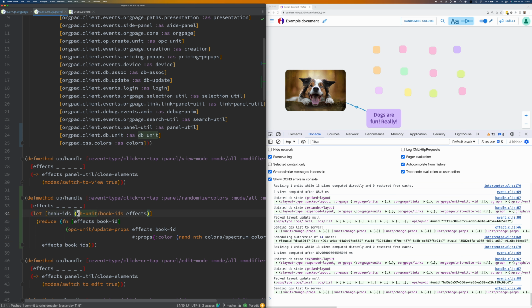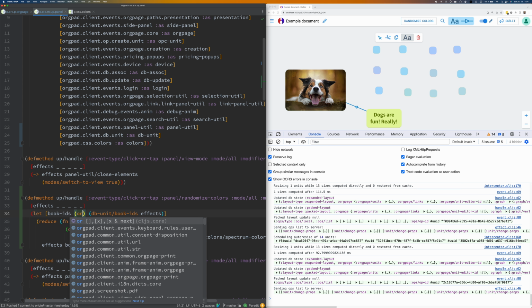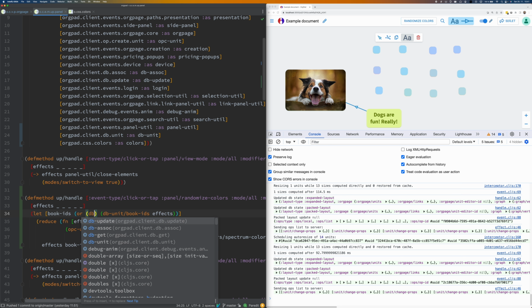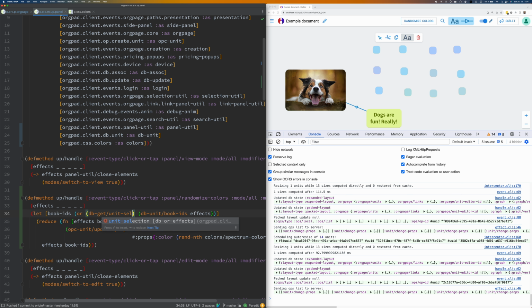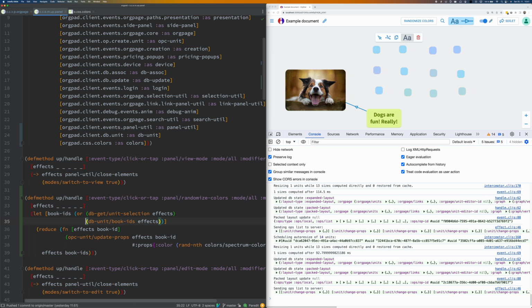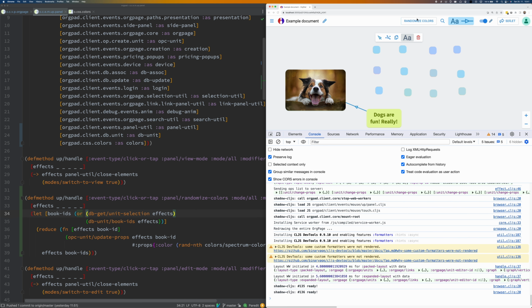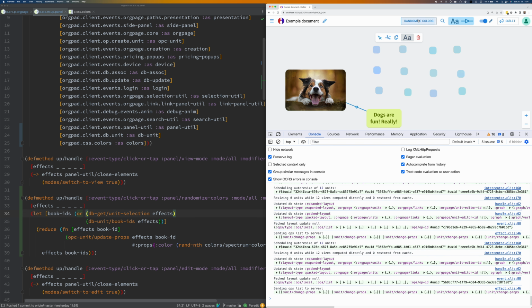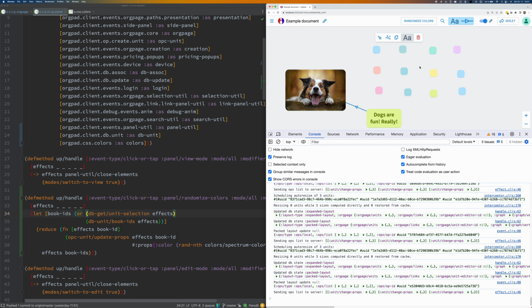Let's extend the functionality a little bit. Suppose that when I do selection of a few nodes, I want to just recover these nodes and no other. I can add an if statement, or an or statement, so I will either recover all units or I will recover dbget unit selection and it's non-empty. And I do it like this. I think it should now work. Yeah, it recovers only the selected nodes and the rest of the nodes stays the same.